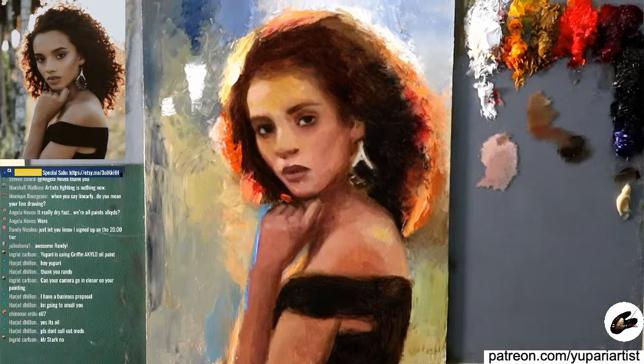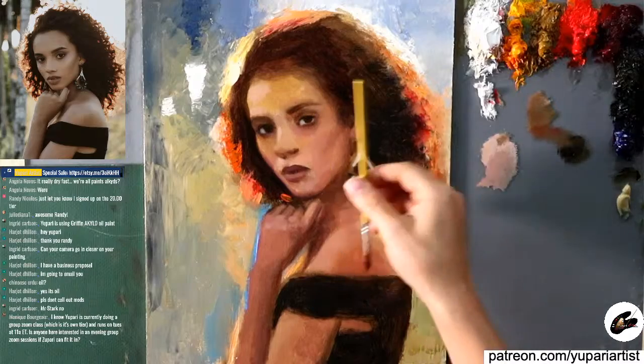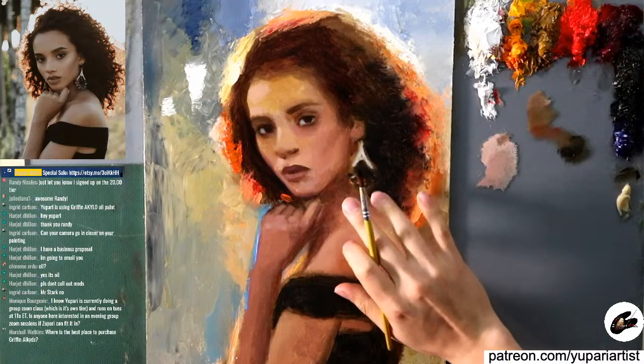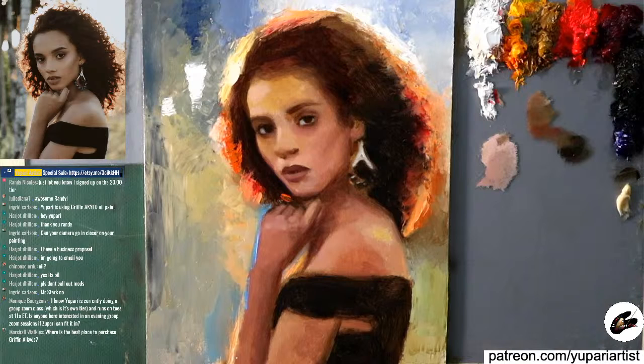And like I said, in all honesty with this one, I was a little in over my head when I chose to start this alla prima. It would have been better to start this off with a very careful drawing,